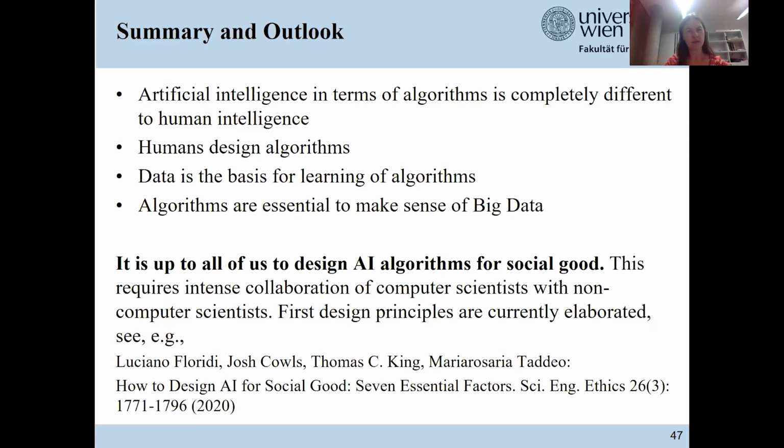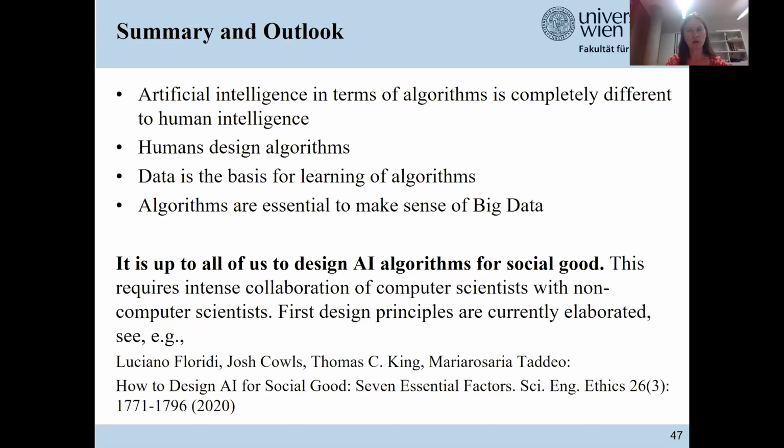What is very important is that the data is the basis of how algorithms learn. And you must be very careful in the data acquisition. It could be that data is highly biased. And when algorithms learn from biased data, the results of algorithms will also be biased. For instance, algorithms tend to be biased towards certain minority groups, certain gender groups, but also racial groups.